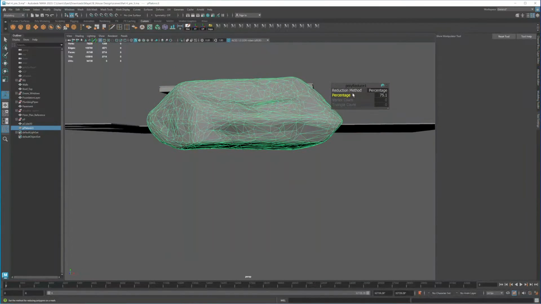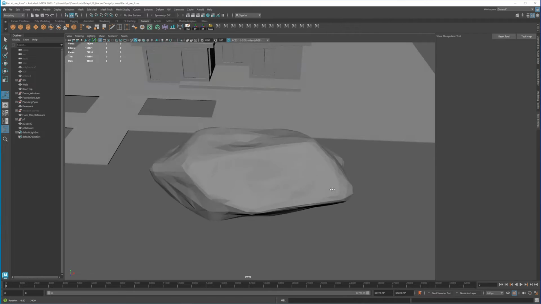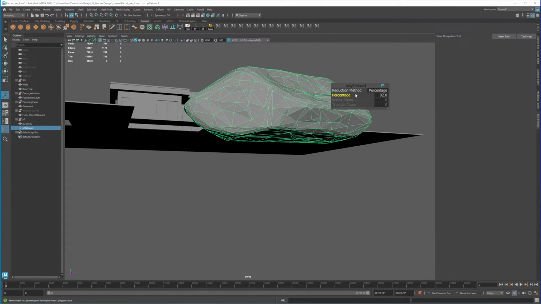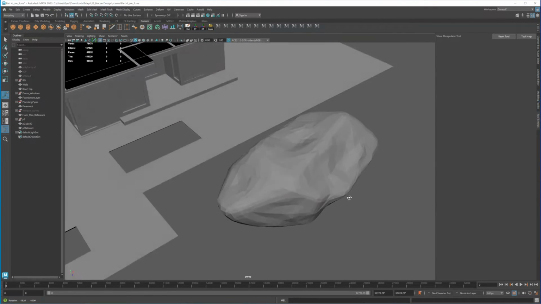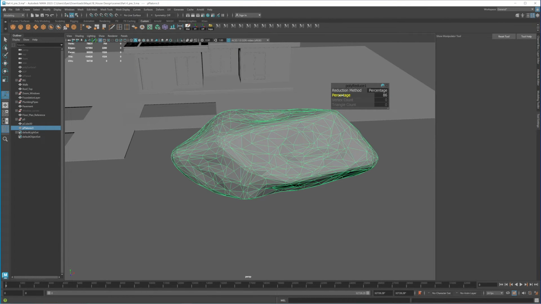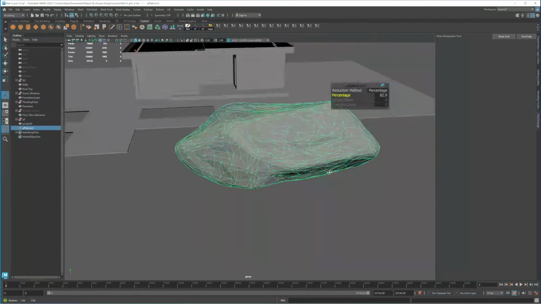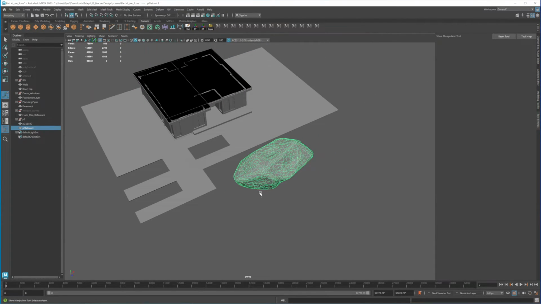So what we can do, you can increase it more if you want to. You see the way it's looking. This is not bad actually. Maybe too much, add a little bit, maybe something like this, 88. Fine, I think I like this. Okay, so it's up to you. You can do whatever you want. The way you do is, just keep adjusting this. So when you think it's okay, you just delete history, center the pivot, and